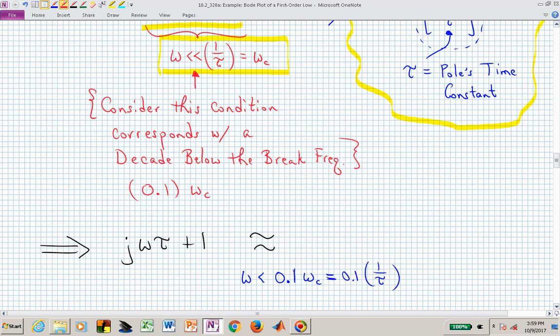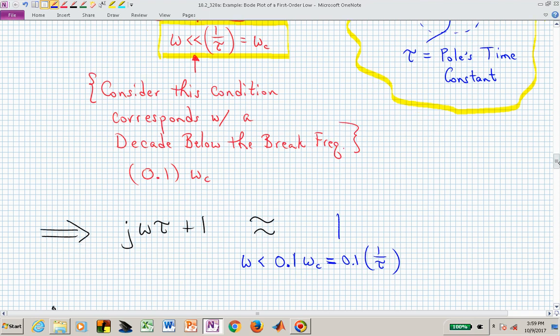Well, now we have j 0.1 or less, plus 1. I hope you're comfortable with saying that if we have 1 plus j times 0.1 or j times 0.01, something less than j 0.1,